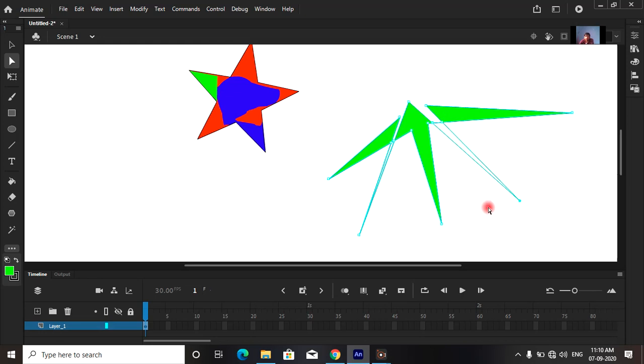This is the transform. Before, that star was in another form, and now by transforming the object we can change it into a different form.